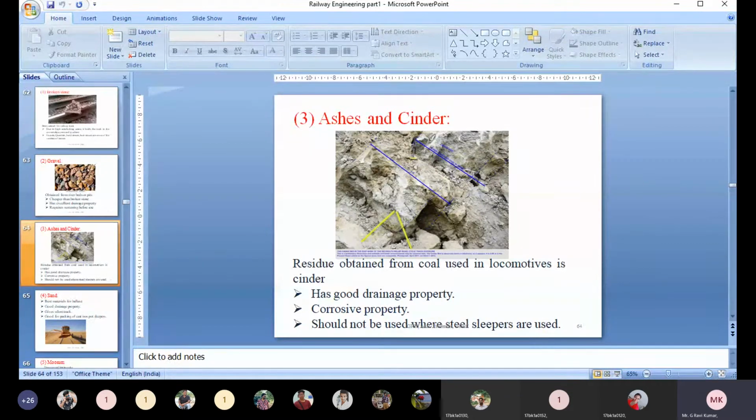Especially in concrete, we use cement to bind the coarse aggregate and fine aggregate. Cement has a huge amount of binding property. In the same way, ash also contains some amount of binding property like cement. The best example is cement. When cement mixes with water, it becomes a paste that is called cement paste. With the passage of time, the water within the cement paste dries up.